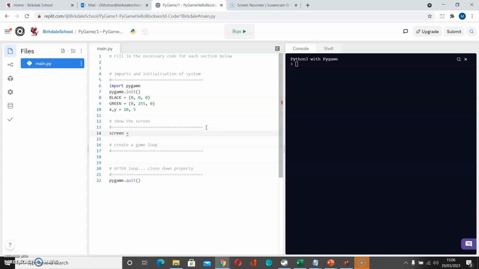Screen equals, and now we're going to set up a special Pygame object. So we're going to use pygame dot, and every time we use a dot, we are reaching further into the available information. When we imported Pygame, it gave us a whole load of information, and we're going to use part of that called the display. As you can imagine, the display is how we show things using Pygame. So pygame.display, and I'm going to use